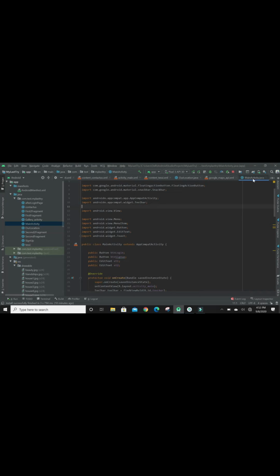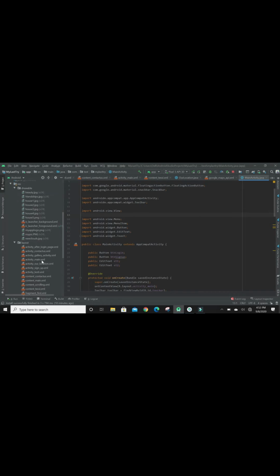This is the MainActivity.java. This is basically the first view of the app. This is login. When you open this app, there will be a login page. Let us see our login page view. This is our login page view, our main activity view. When we open our page, we can log in or we can sign up. There is a sign up page. When you click on the sign up button, you will see another activity, that is the sign up activity.